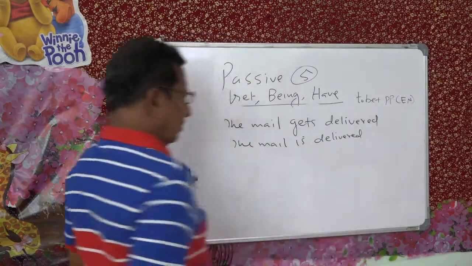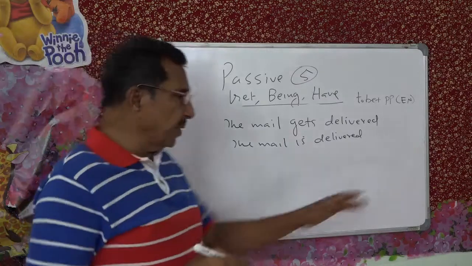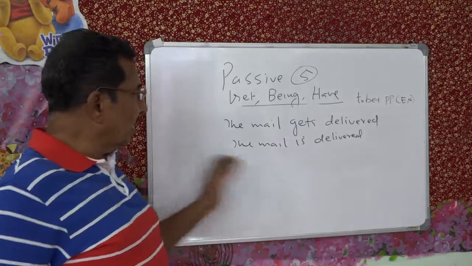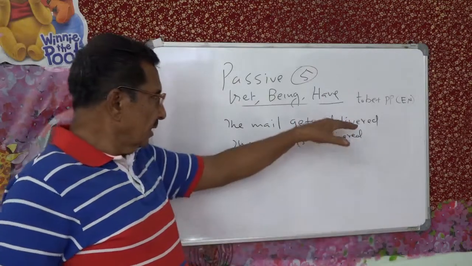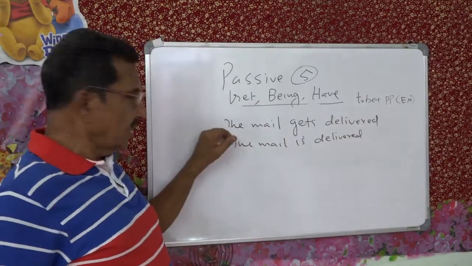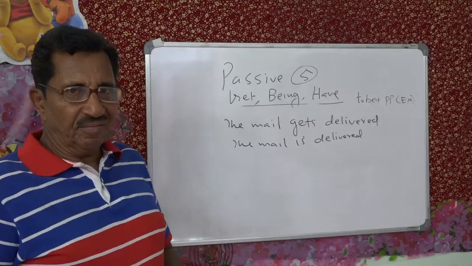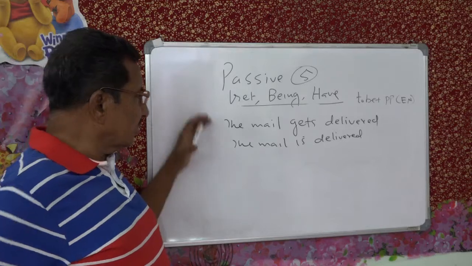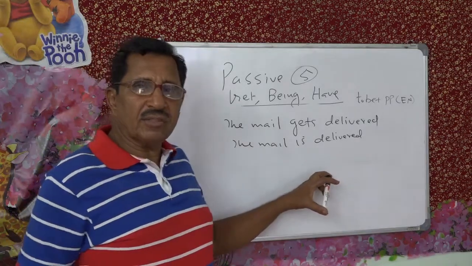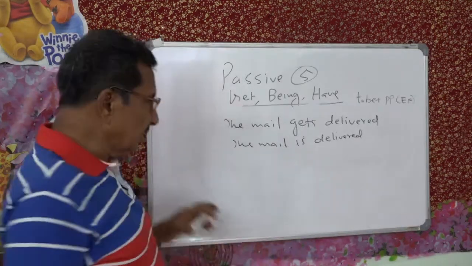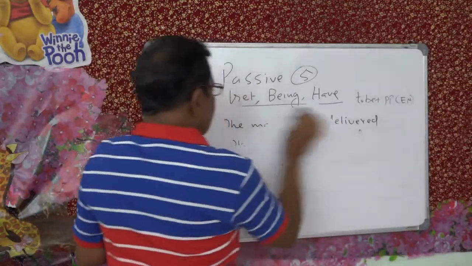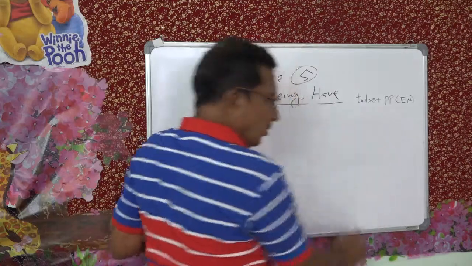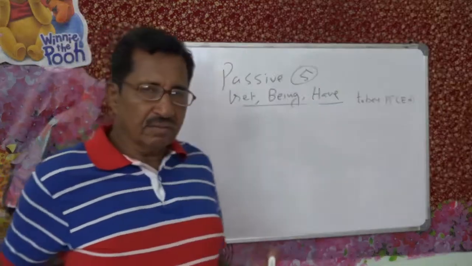Delivered. Short passive. Because we know the subject, the by agent is understood. The mail is delivered. Instead you can say the mail gets delivered. Because of this, the subject is affected. Both ways you can say. I am not saying that this is more right and this is less right, no such thing. But informally, you can say it like that, no? If you feel your style, suppose you feel that you use gets, then you have gets.